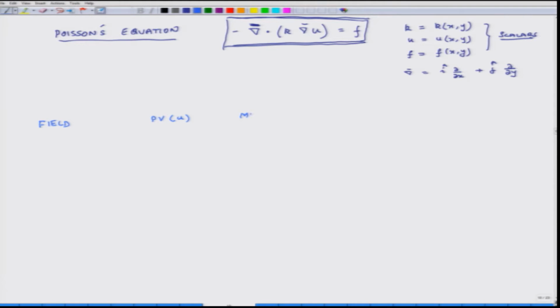Then we have material constant, which is k. Then we have source variable, which is f, and then we have secondary variable,